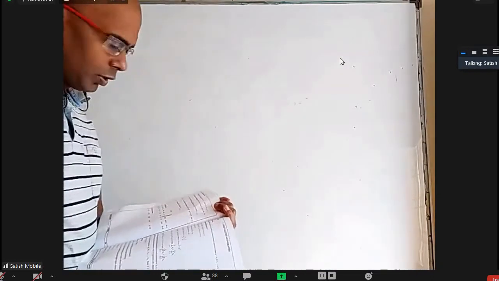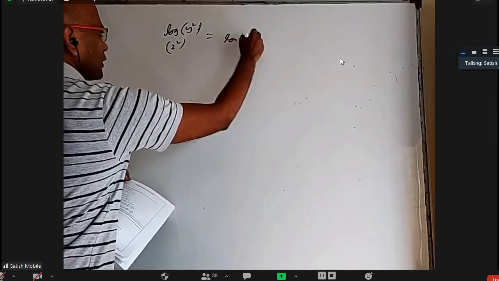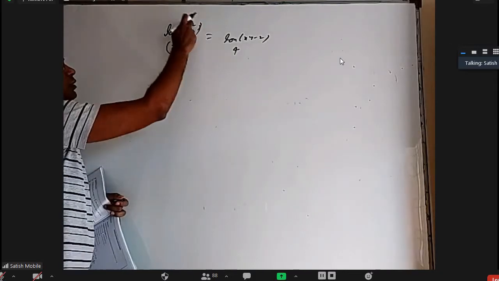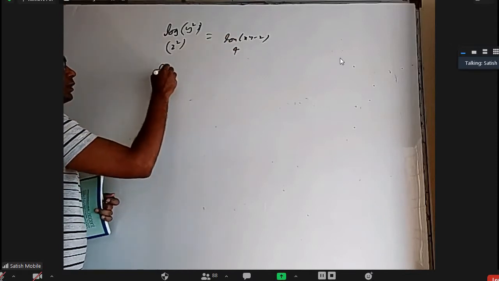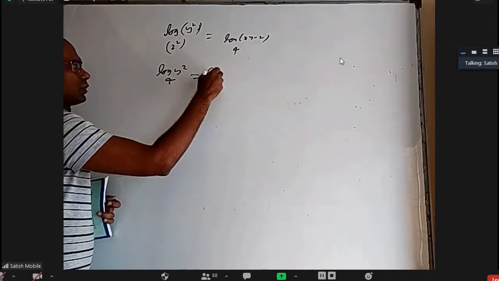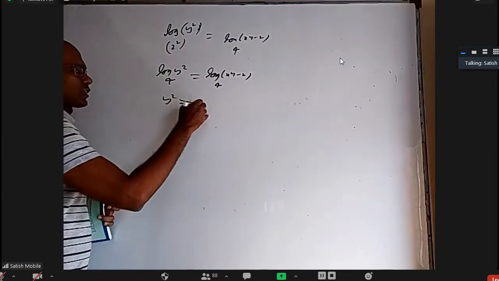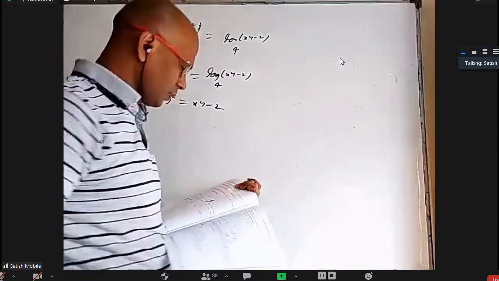Okay, 2 equations we have to solve. First equation, one is base 2 and one is base 4. So I'm going to write log y base 2 as log y square base 2 square equal to log xy minus 2. Actually, it is log y base 2, but I kept a square here because 2 here will cancel out. So I have done that so that my base will be same, I can compare. Log y square base 4 equal to log xy minus 2 base 4. So y square equal to xy minus 2. This is one equation.